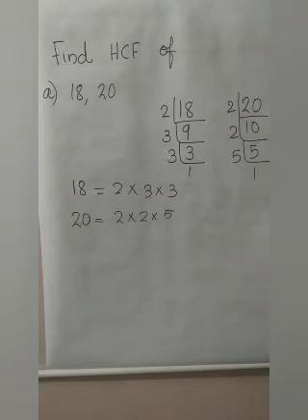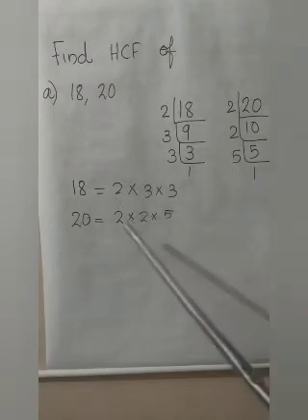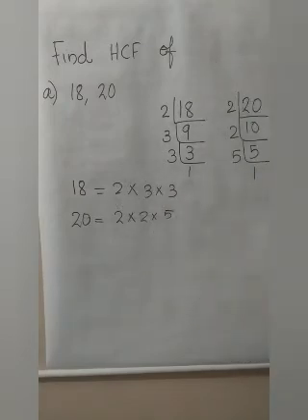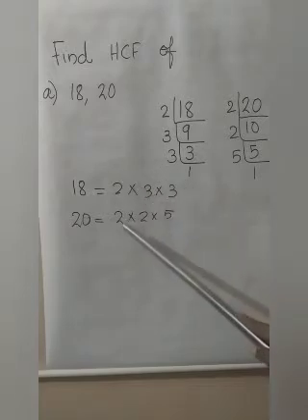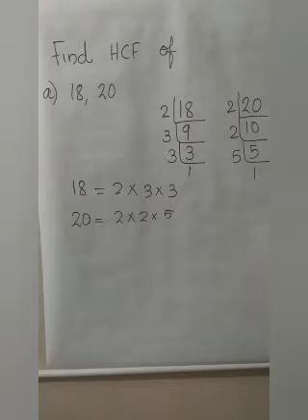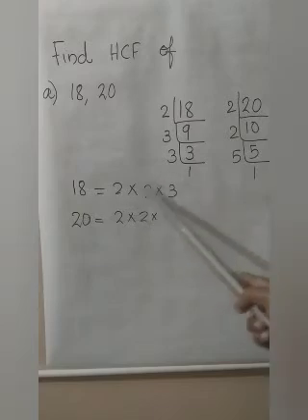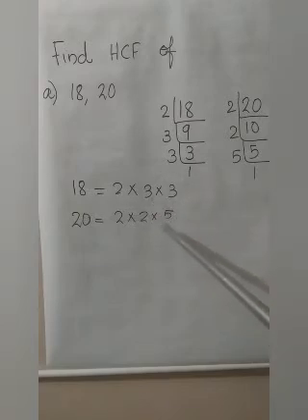Now we need to find what? HCF, highest common factor. We factorized 18 and 20. Now from these, what are the prime factors here? 2 into 3 into 3. 2 into 2 into 5. We need to take only what is common. For HCF, we are taking only what is common. So tell me what is common in both. Here I have a 2 and here I have a 2, isn't it? So that 2 is common in both. Anything else common? Here I have one more 2, but do I have one more 2 here? No. Here I have two 3s, but here do I have a 3?